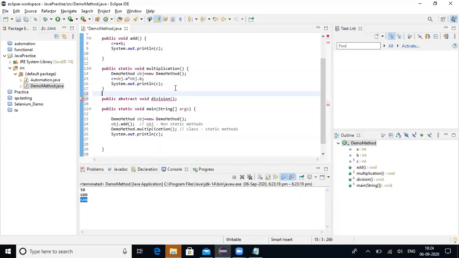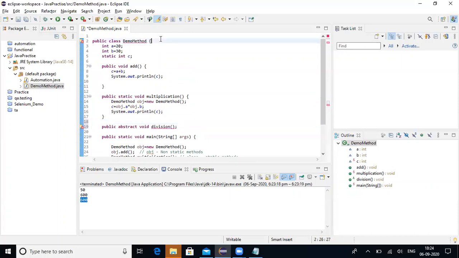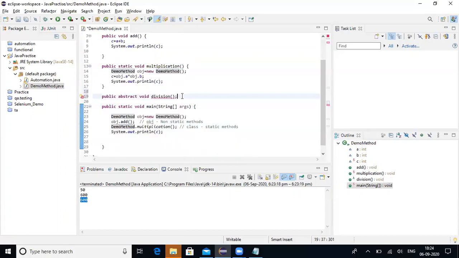Whatever I declared now is the abstract method. But I am getting some error. Why? Because this class, how many methods does it have so far? 1, 2, 3, and 4. This one is 4, the abstract method.